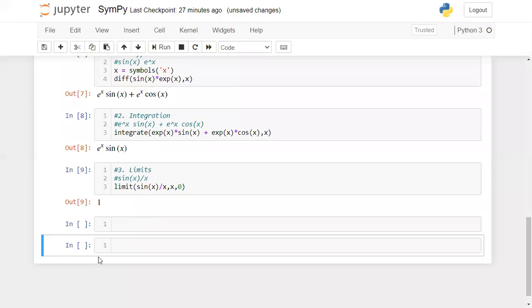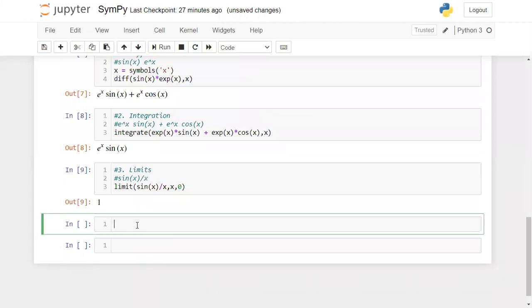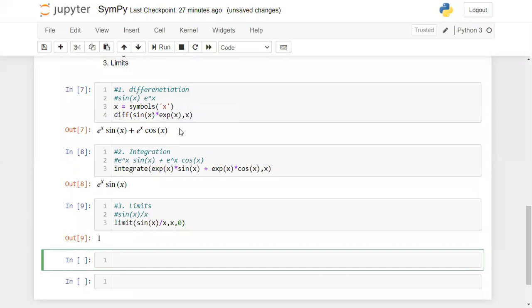Yes, can you see here? When I run this, I got the value 1. Like this, you can give limit values to your variables. So in this way, you can use SymPy for finding differentiation, integration, and limits.